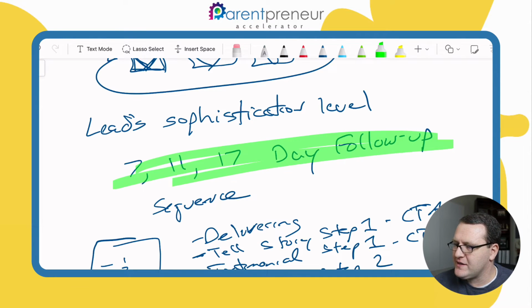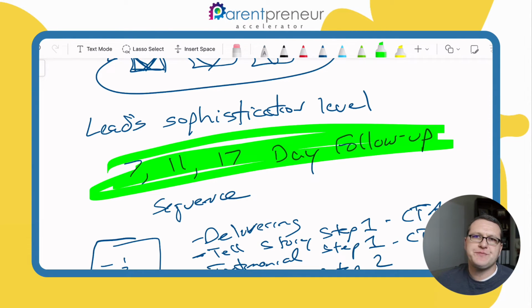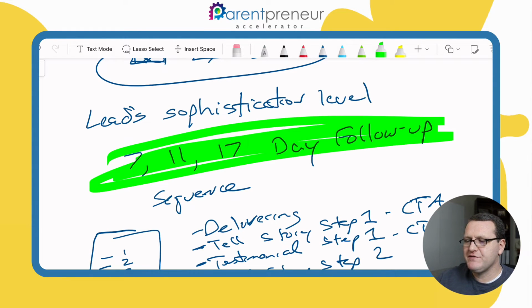Again, I don't know why I like 7, 11, and 17 day follow-ups. I think partly because it typically takes 7 to 11 touch points. You hear that a lot. They may take action on the first email. They may take action before they get the first email. But those are good lengths where you can really connect with somebody, especially if it's cold traffic. You can share your story, things like that, but it's not so long that